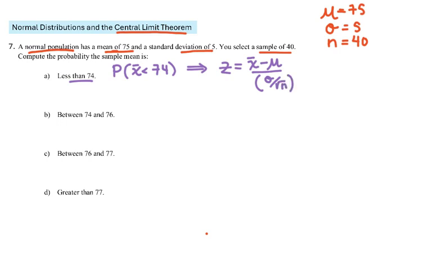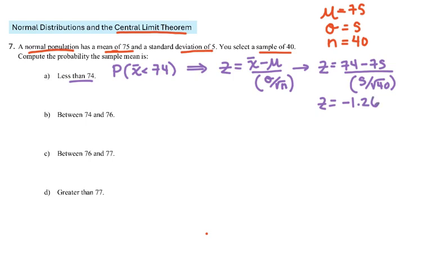The bigger the sample size, the closer the data is going to move toward the mean in the normal distribution. It's called the standard error. So let's go ahead and calculate. We have 74 minus 75 divided by 5 over the square root of 40, and we will get a z value of negative